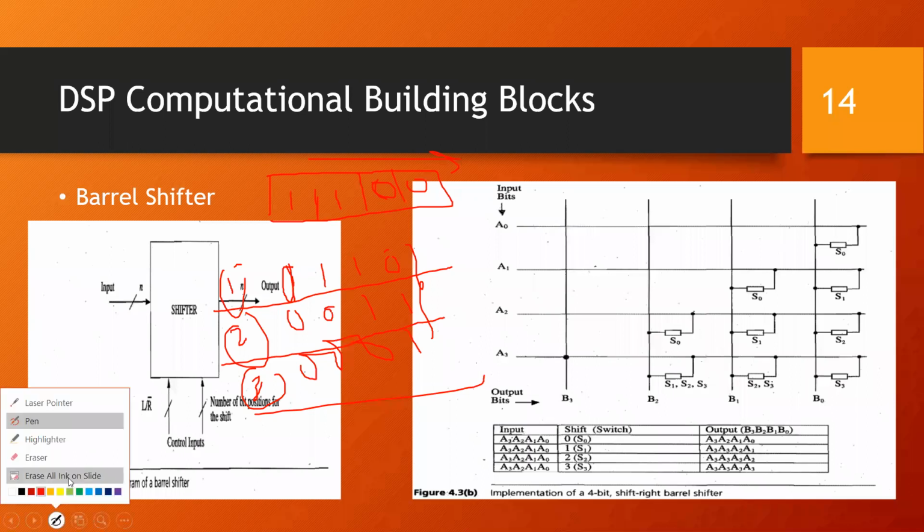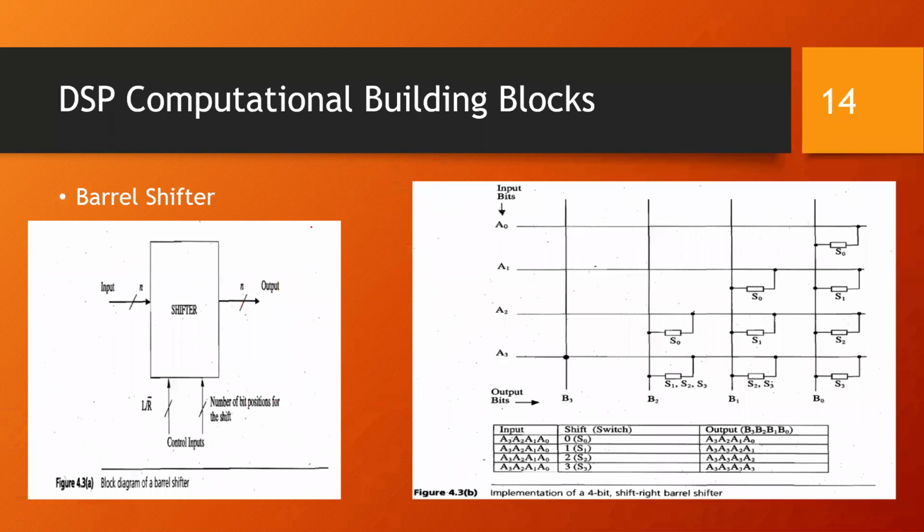Now imagine it is a 64-bit number and you have to shift by 32 bits. This is not visible in your DSP because it will be consuming more time in just shifting those bits. Now how can I reduce that using the hardware implementation? That was the software aspect we discussed.